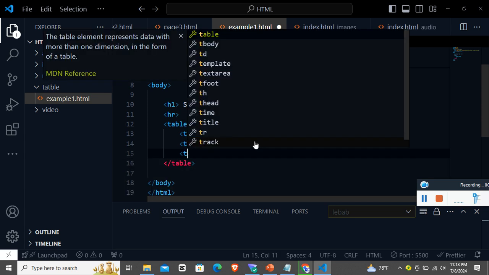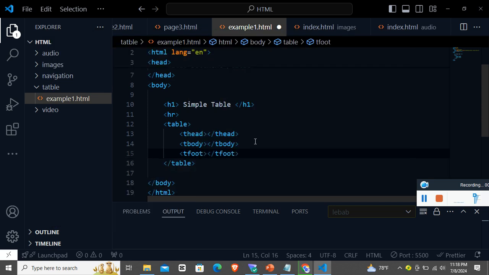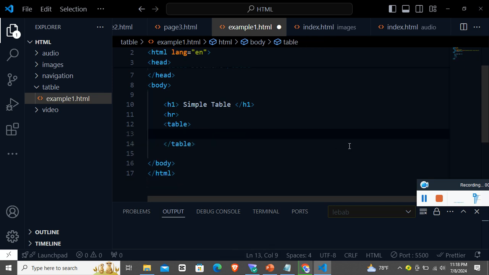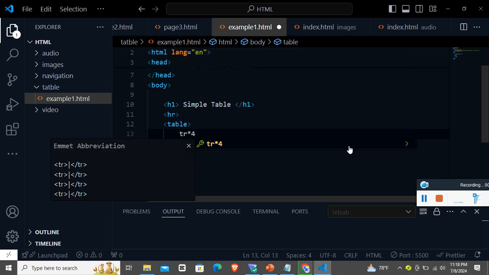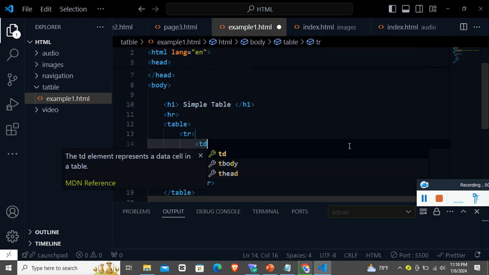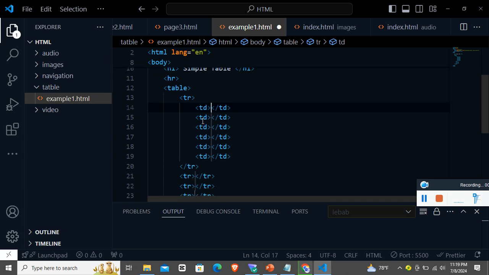So it's up to you. If you want to use it, it's okay, but for the time being, I don't want to use it. Just to provide you knowledge that these things exist, for the general knowledge only, because we are just going to create a very simple table. Okay, here let's say TR. We're going to have 4 rows, and in each row we're going to have TD and 6 columns. Okay, and then here